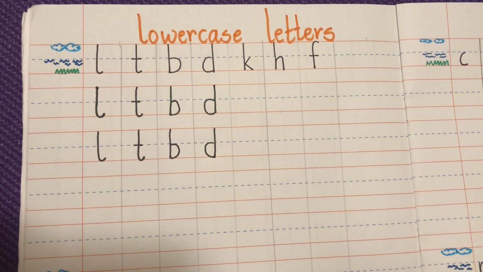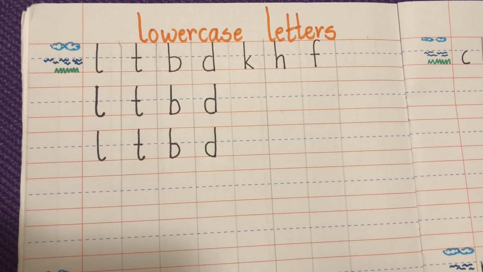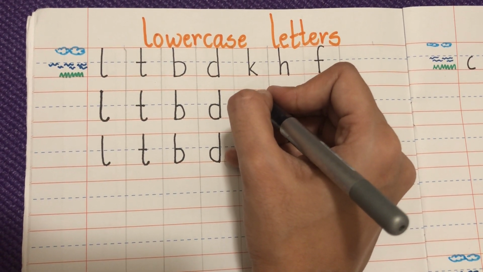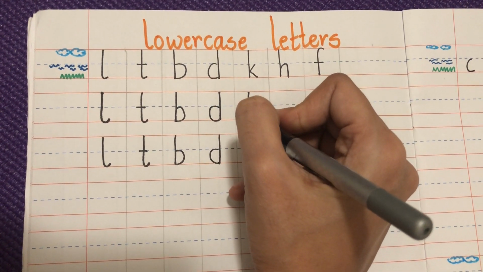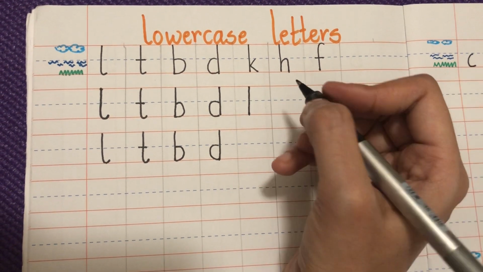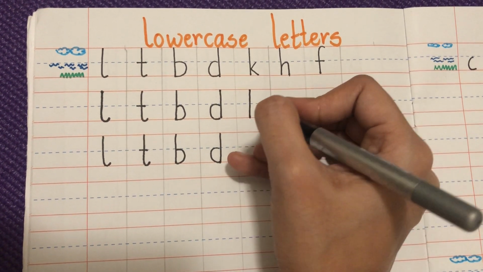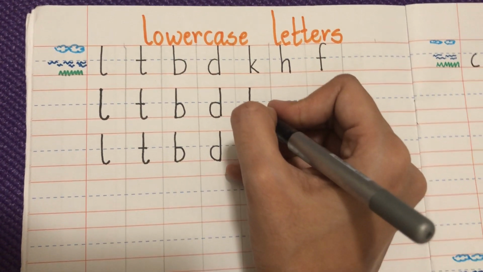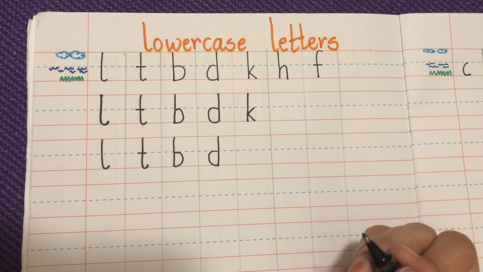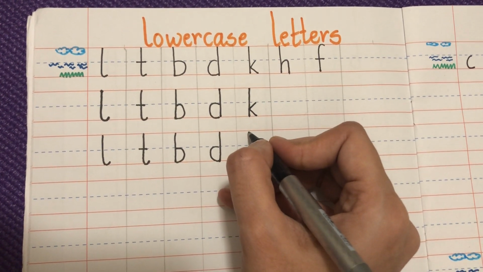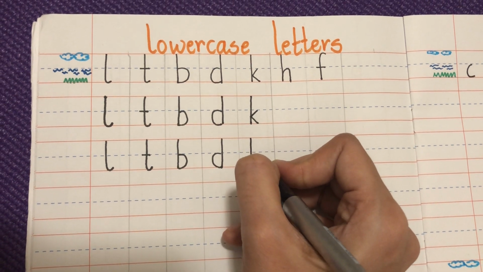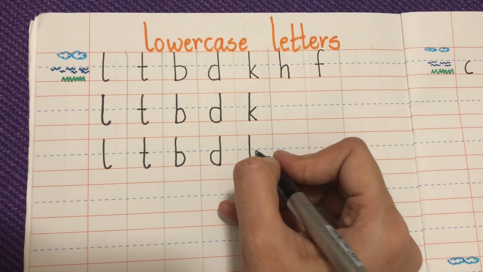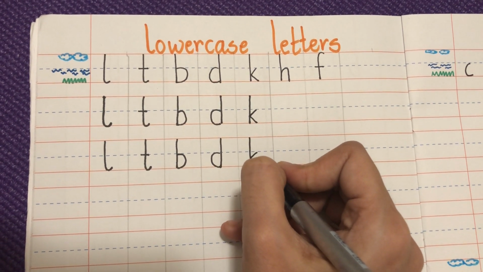Good job, everybody. Our next letter is letter K. Let's try writing that one. It's from the top to the grass line. Now what you're going to do is start at the water line and come here and come down. Be very careful. K is a little tricky. You start from the skyline to the grass line, make a straight line, and then you go to the water line, touch here and come down.